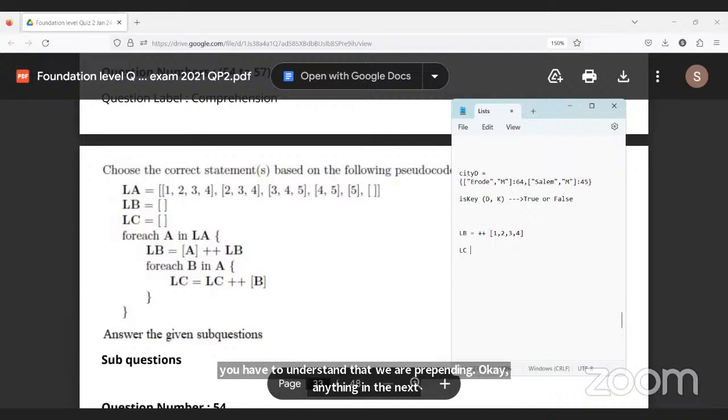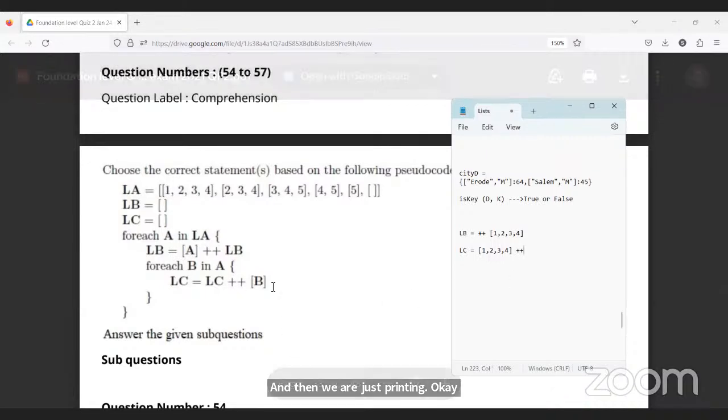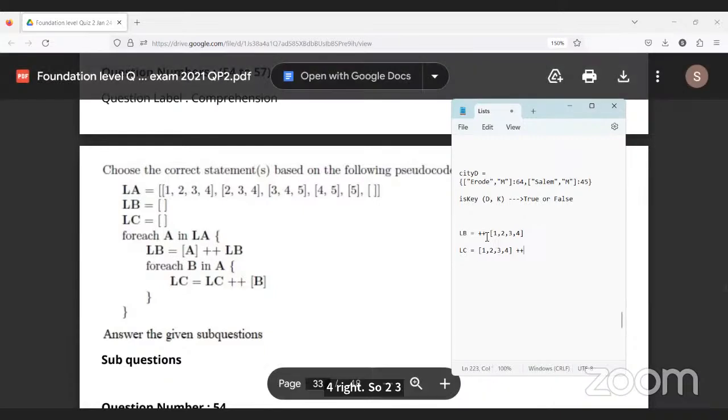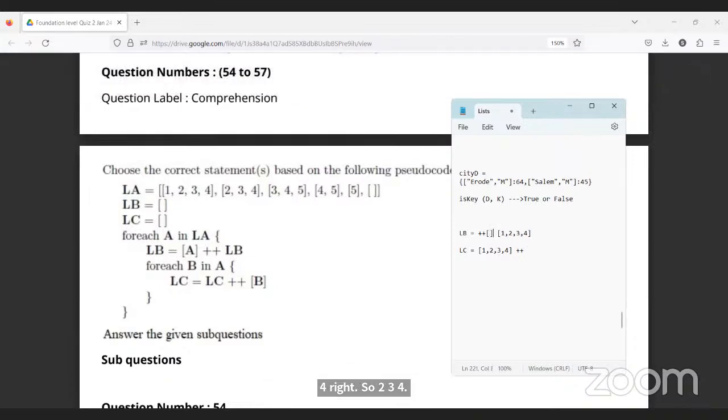And LC, in this we are doing what? Again, we are iterating through each of the elements of A, and then we are just printing 3 4, and whatever will come, we are appending it. That is what it is doing. It is appending in here all the new elements which are coming in. So now in the second iteration the next A is 2 3 4, so 2 3 4 will get prepended to this list. So you will have, next one will be,